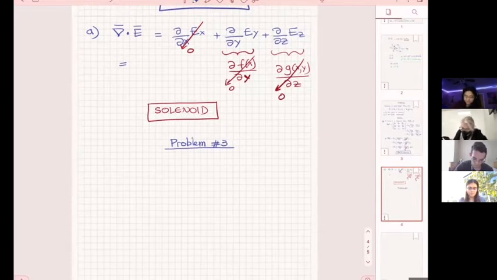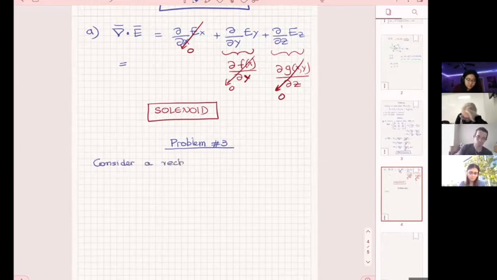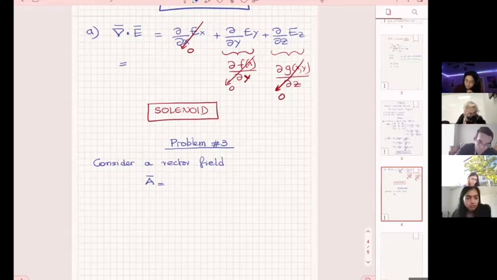Okay. Now, assume that you have a vector field. Consider a vector field A to B. Let me see whether I will find something here. I had seen something. Okay, I found something. Let's assume that I have a vector field